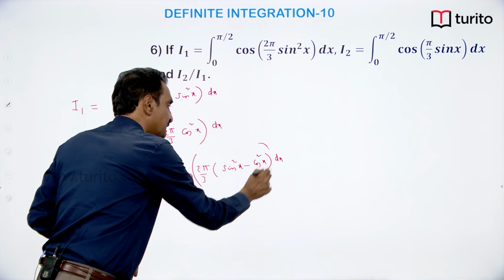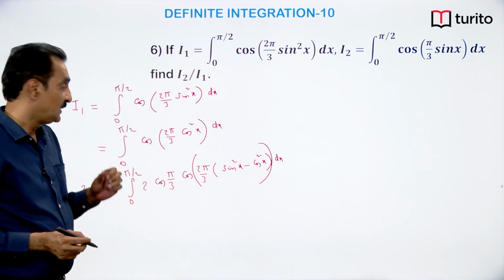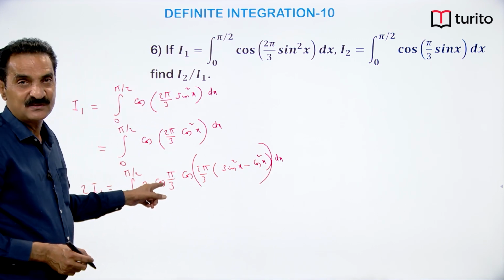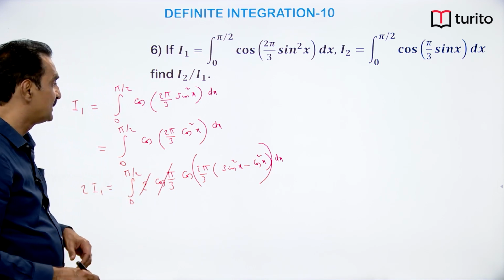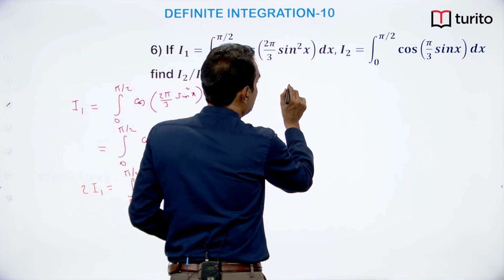Pi by 3 of cos pi by 3 is 1 by 2. So, this 2 and cos pi by 3 will cancel. Now, 2I1 is equal to,